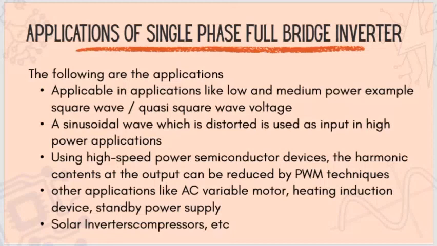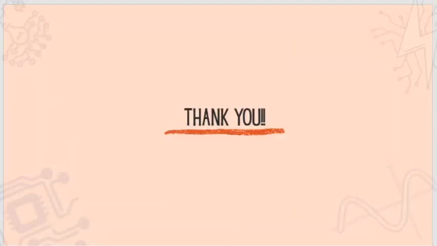Other applications are AC variable motor drives, induction heating devices, and standby power supplies. Also, it is applied in solar inverters and compressors. Only the basic operations were discussed in this